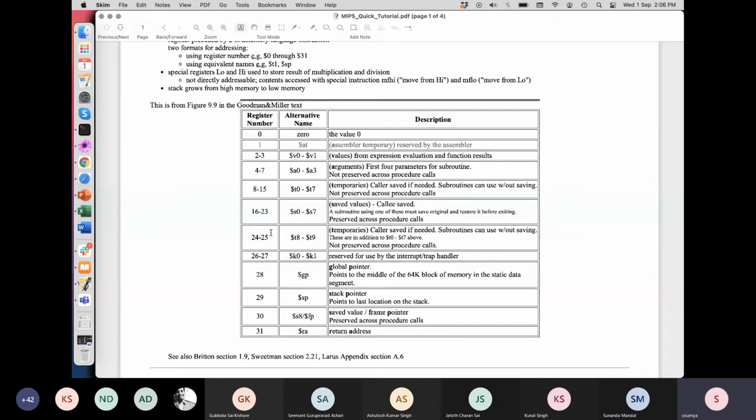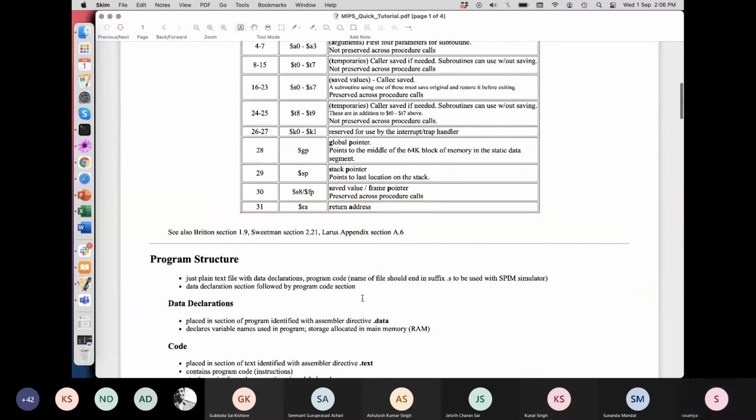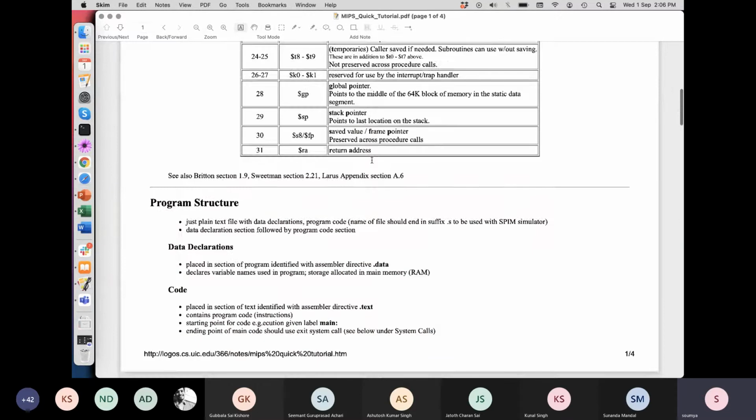We're just trying to make the point here that you have these registers and some of them have a special purpose. For example, you have one register which you will specifically use for pointing to the last location of the stack, right? And similarly, you will have a register for storing the return address of procedures. This is again something we'll cover later on when we discuss more complex assembly language programming.